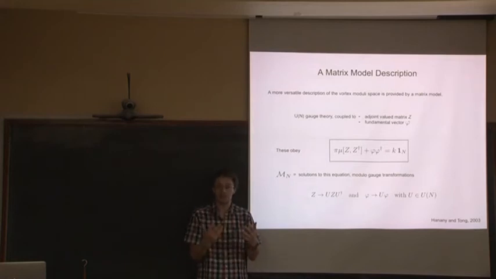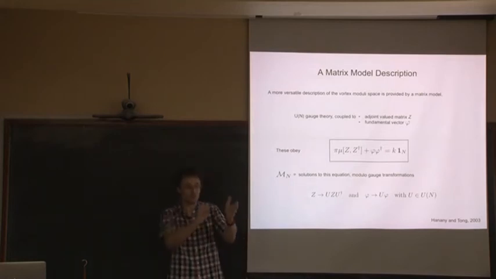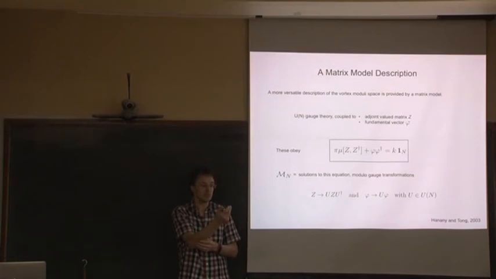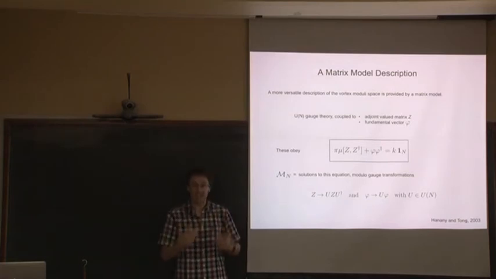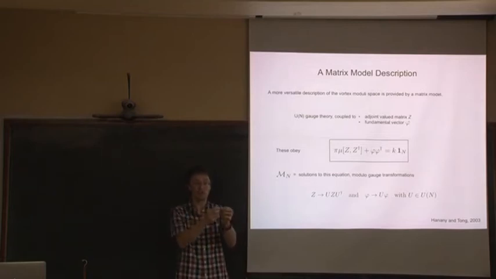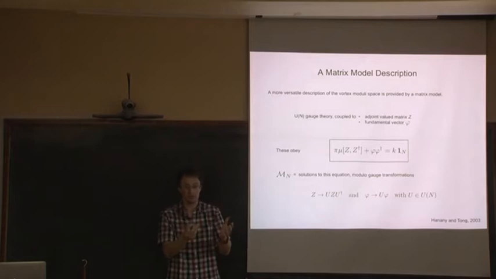And that's seen most clearly in the ADHM construction written in terms of D0 and D4 branes. And you get the moduli space of instantons in terms of some gauge linear model that lives in the D0 brane. Well, you can do exactly the same thing for vortices. So this is what I did with Abi Kanani, was cook up a D-brane model that captures the vortex moduli space, and you can think about the dynamics of vortices as some gauge theory which lives on the vortex world.